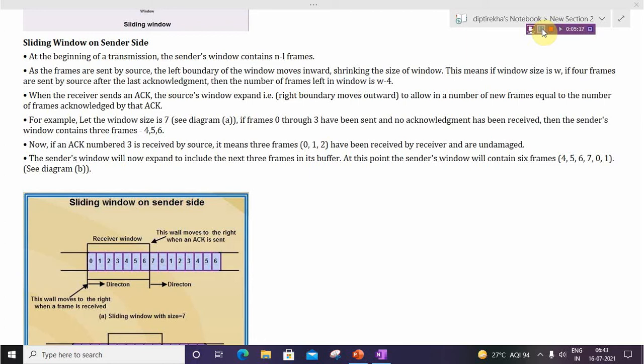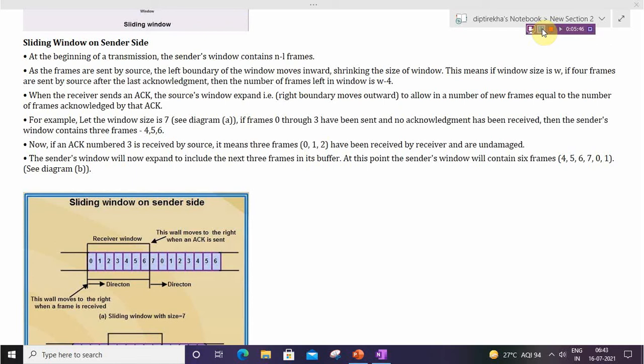Means at the sender side, the window contains n minus 1 frames, and after sending the frames to the receiver, the window shrinks. So when the receiver sends an acknowledgement, the source window expands to allow a number of new frames equal to the number of frames acknowledged by the ACK by the receiver.